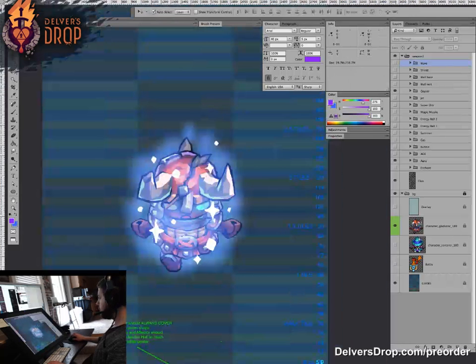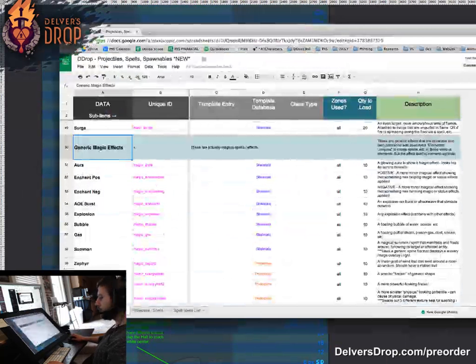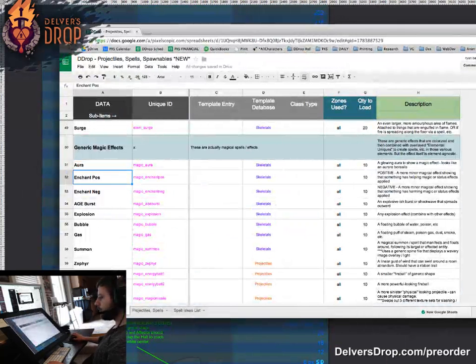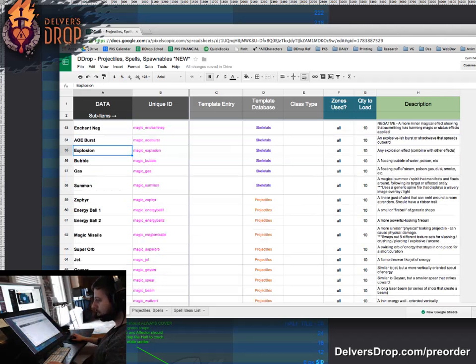So yeah, I made a folder for pretty much the full list of different generic magic effects. So auras, positive enchantments, negative enchantments, those are basically going to be the same thing, just a reversed effect, so it'll fly up if it's a positive enchantment or buff, and kind of meld downward if it's a negative effect, with those kinds of sound effects. And we've got area of effect bursts, explosions, bubbles, clouds of gas,